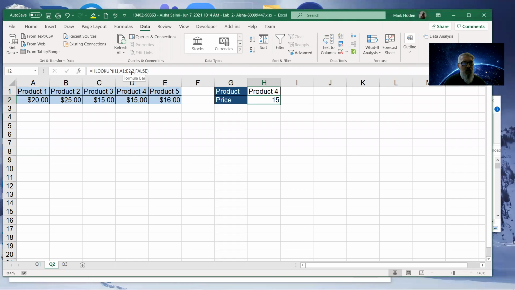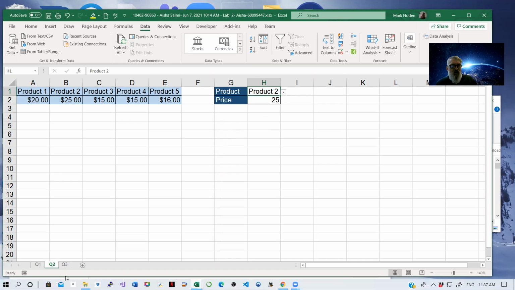Now, is that not working? H1, yeah, okay, product 4 is at 15, yeah, it is working. So there we go. Product 2, that's 25, working perfectly. So that's one way of doing that with the data validation. Let's go back and look at